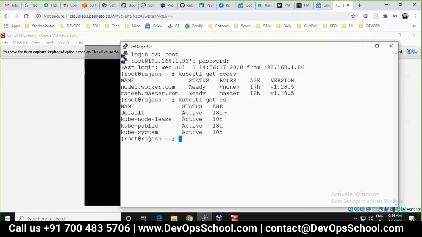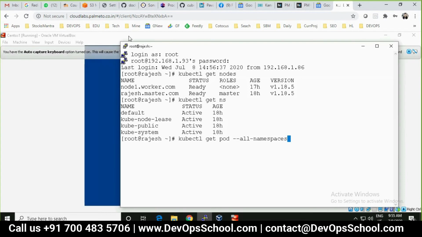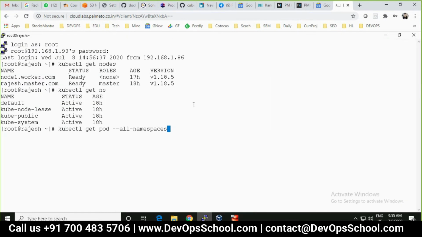Because I want to check. So kubectl get pod --all-namespaces. That means show me the pods of all the namespaces.